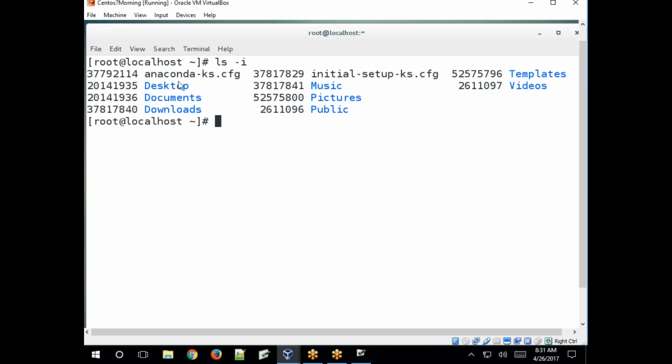See, anaconda-ks.cfg, this is the file name, and its inode number is this one, 377921114. Clear? So see, the desktop directory's inode number. This inode number holds information about this Anaconda file. So what is Anaconda? Anaconda is the installer name in Linux.